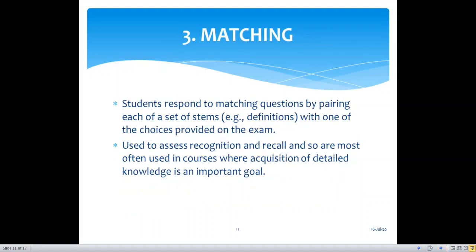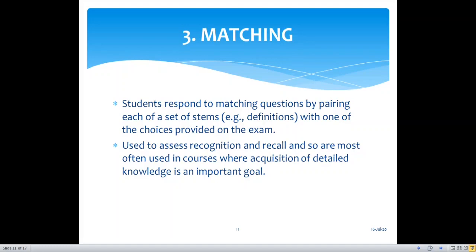3. Matching. Students respond to matching questions by pairing each of the sets of items, for example definitions, with one of the choices provided on the exam. Used to assess recognition and recall, and so are most often used in courses where acquisition of detailed knowledge is